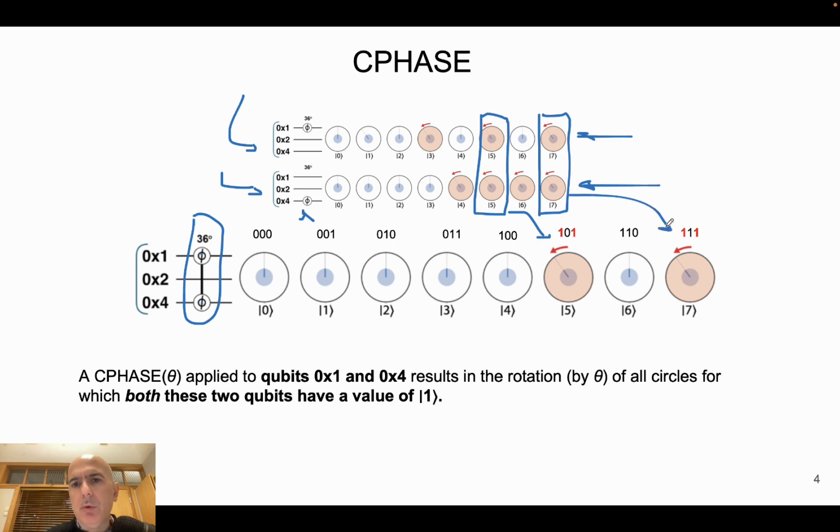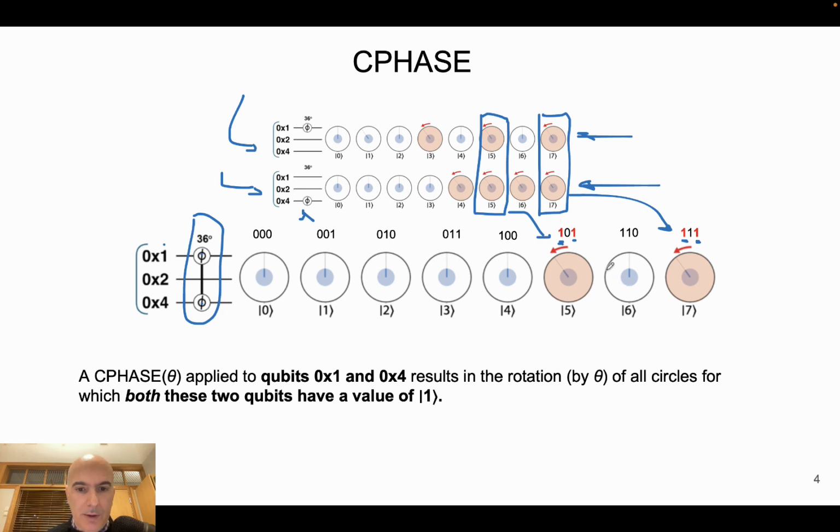So this is one way to calculate the results of the CPHASE. The other way to do that is to look at binary notation. If you use binary notation, this corresponds to applying a rotation only on those states whose binary notation has 1 on the first bit and 1 on the third bit. So you see there are two states with corresponding binary notation, and these are the only ones that we're